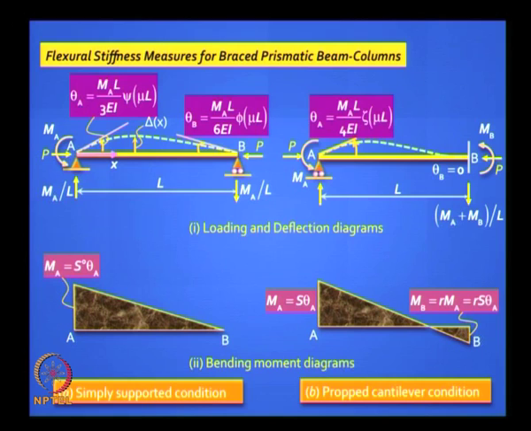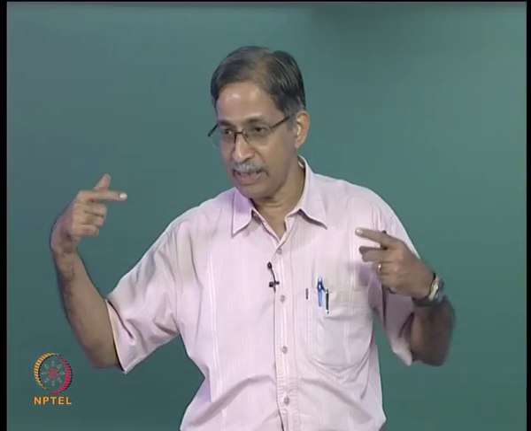So now can you understand the symbols R and S and S naught? They are our conventional stiffness measures. S naught is typically 3EI by L. We want to know how much it changes when you have P coming into play. S is 4EI by L. We want to know how it gets affected when P comes into the picture. R is 0.5, or RS is 2EI by L, it's the same thing, and we want to know how it gets affected by P. So to cut a long story short, without going into the derivation, let's look at the results,